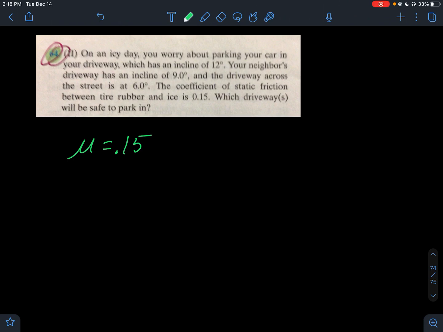So first off, we want to start off with a picture of our scenario. And we're going to be solving for which angle is safe. So instead of going through each one, we can just solve for that critical angle of what is going to be safe. Ideally, we want to be drawing a force diagram where all the forces are equal, because we don't want our car to slide on the ice,